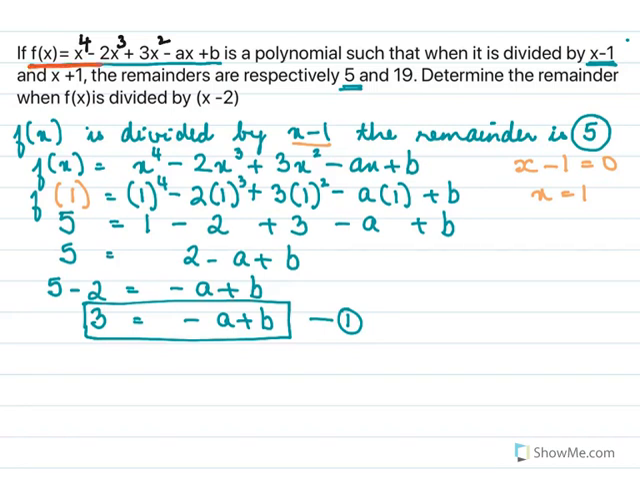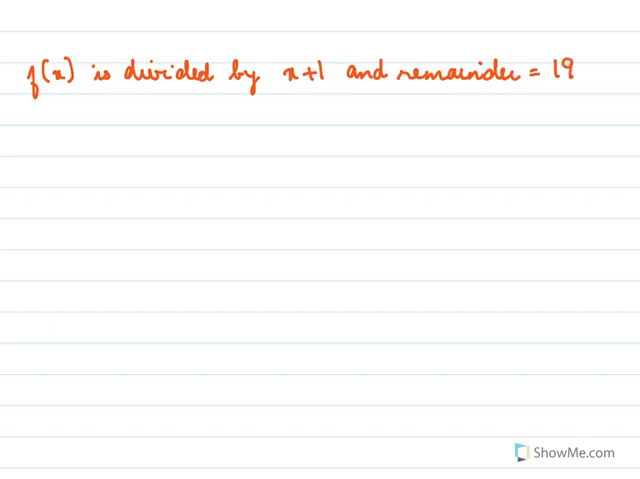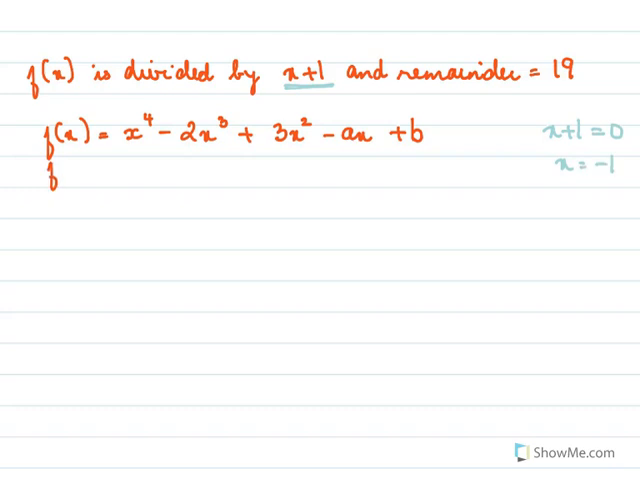And the next part, they said the same polynomial f of x is now divided by x plus 1, and the remainder comes 19. So we have f of x divided by x plus 1 and remainder equal to 19. So we know f of x is equal to x to the 4 minus 2x cube plus 3x square minus ax plus b. Now we need to find the remainder when it is divided by x plus 1. So we put x plus 1 equal to 0, x equal to minus 1. So we have f of